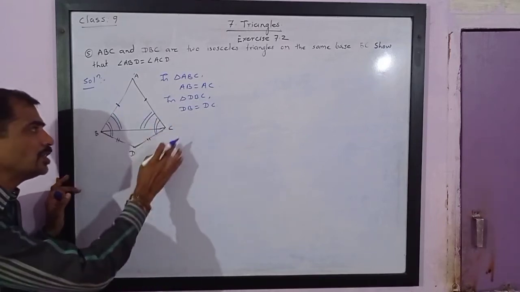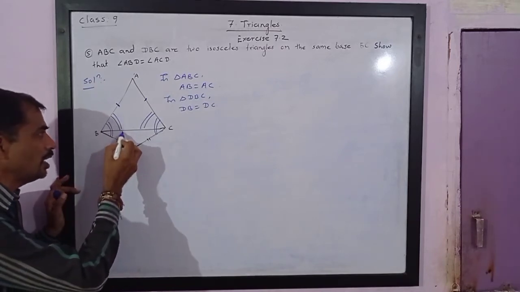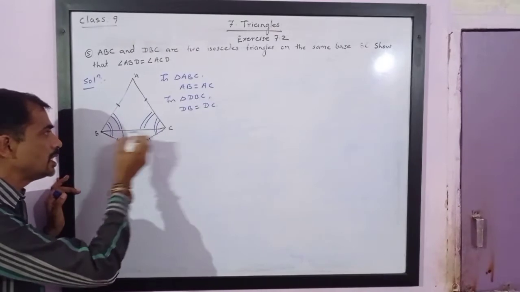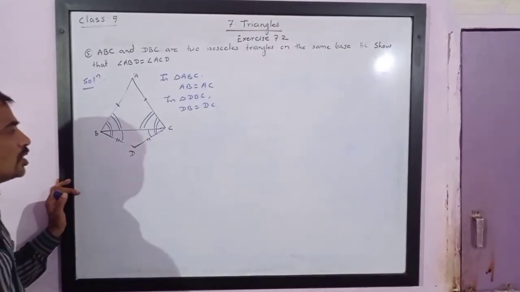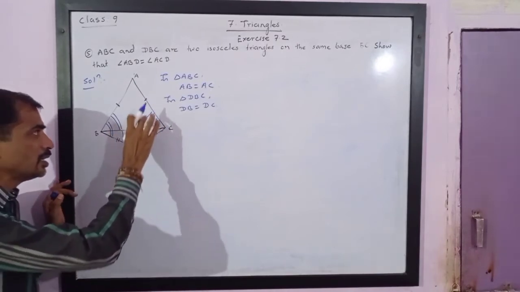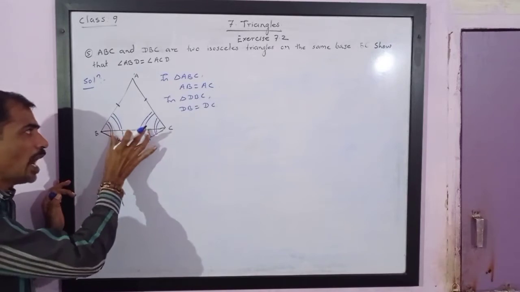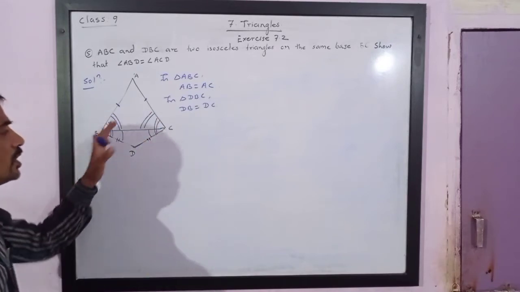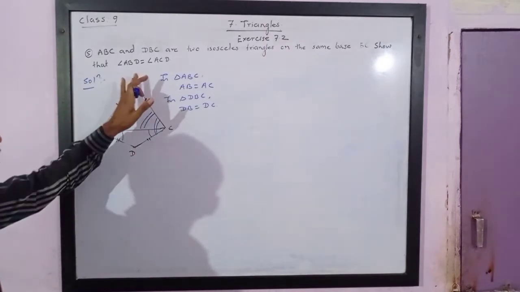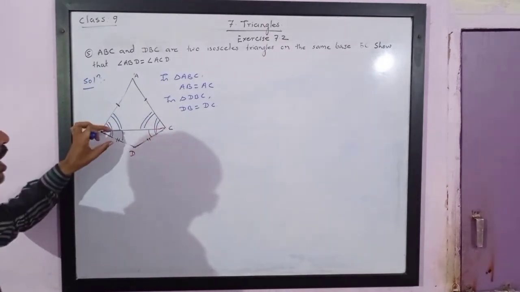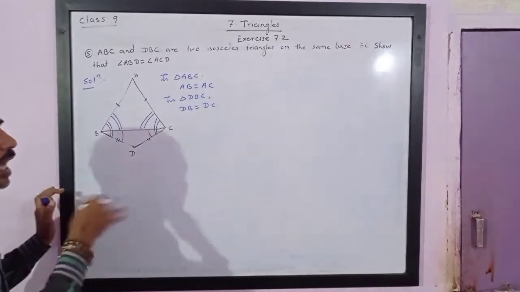And in triangle DBC also we will get the same thing. Angle DBC, that is this part of the angle, is equal to DCB, because these are the angles opposite to congruent sides. So if you add, this angle is congruent to this and this angle is congruent to this, you will see that equality remains equality. So angle ABD will be equal to angle ACD, because the reason is we are adding equal values to both sides. So it can be proved in that way.